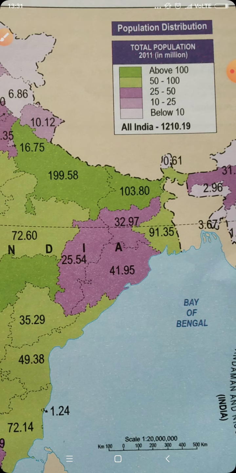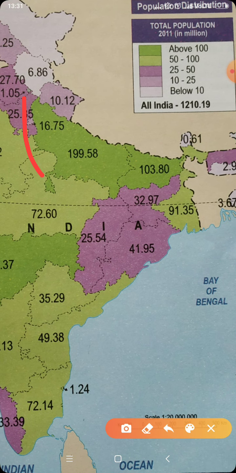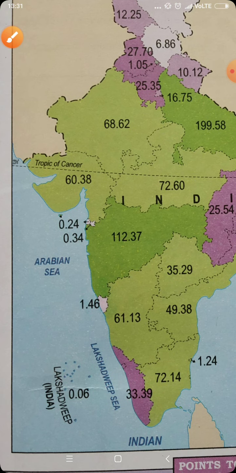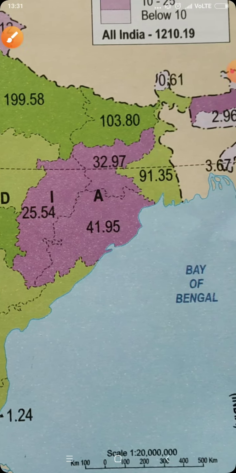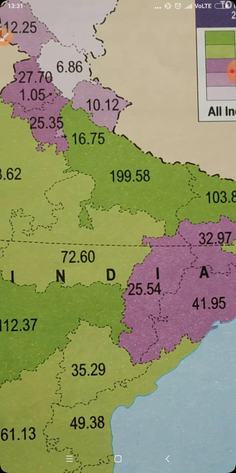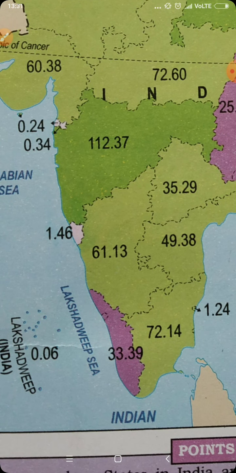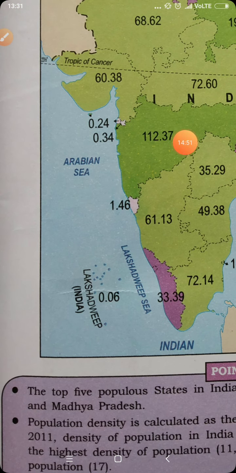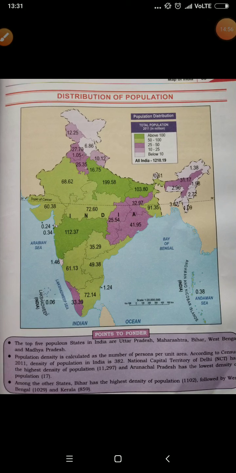But Uttar Pradesh, you see Uttar Pradesh, it is very thickly populated, and there are near about 100 million people who were living before, and maybe now more than that. Then there are different states with this digit. It is clearly shown. So you have to keep in mind, if you have a book, you can take help from the book and make such a map. On a political map also you can make such figures.